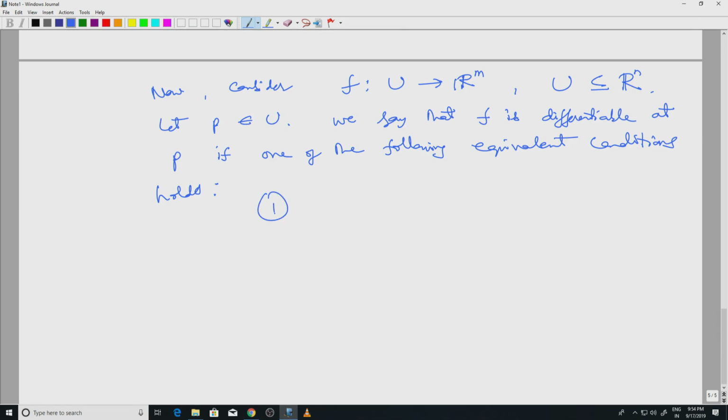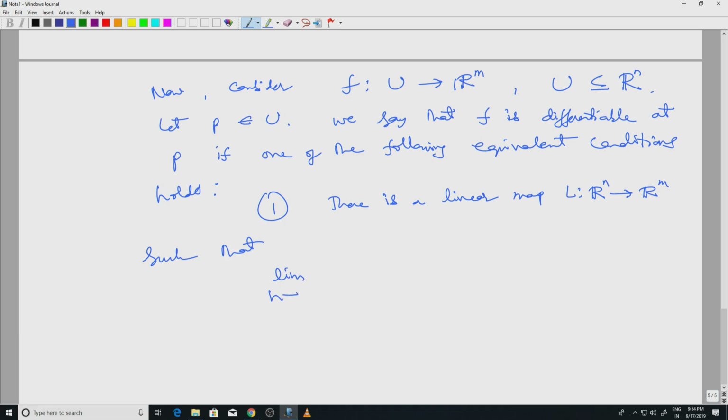I can just generalize the previous definition. So there is a linear map L from Rn to Rm such that